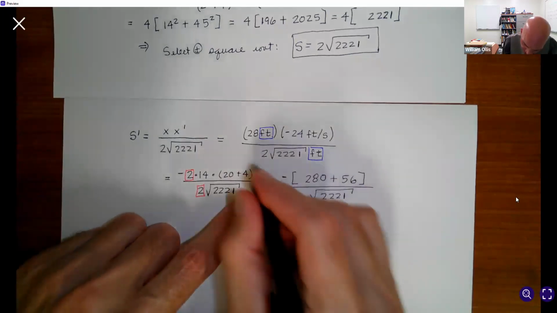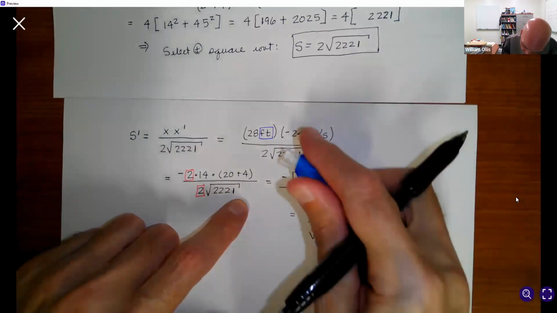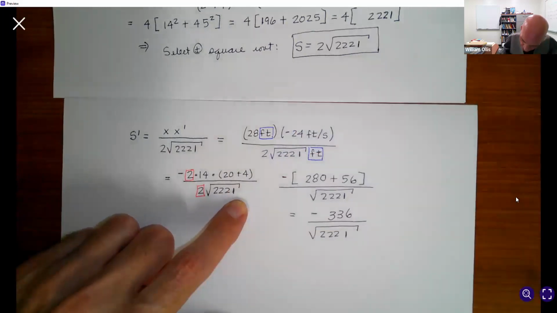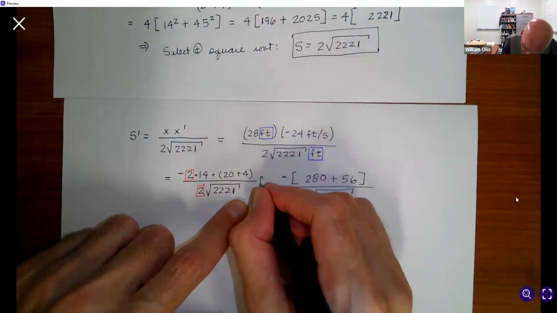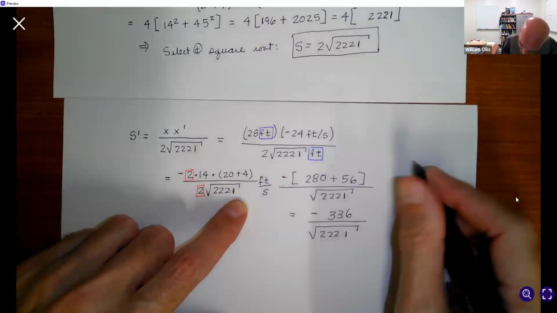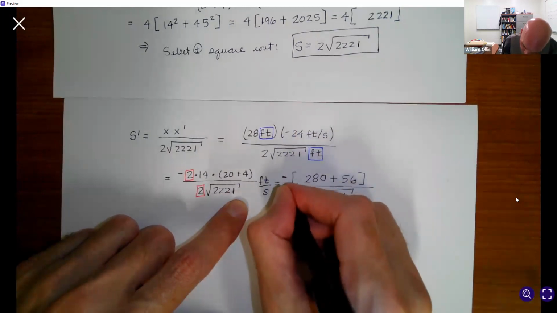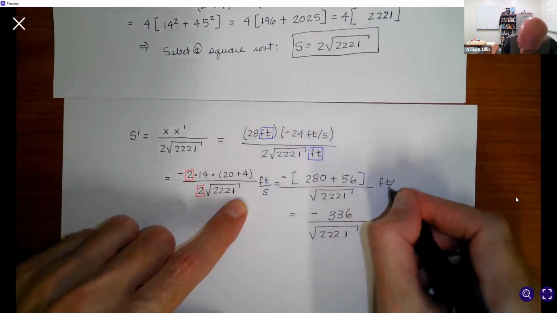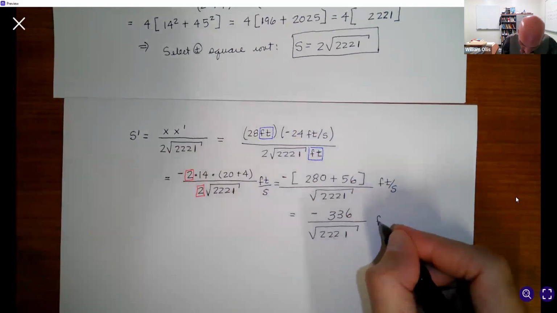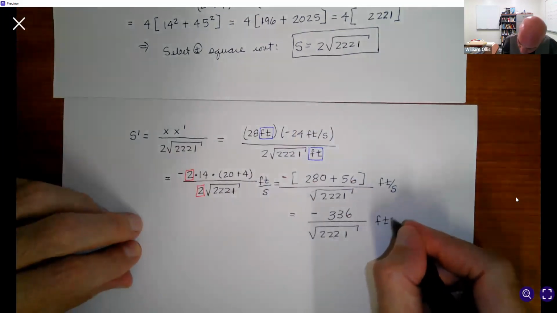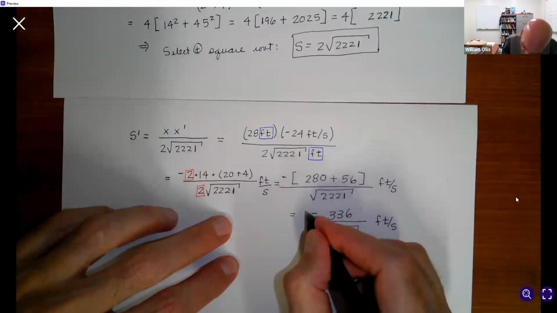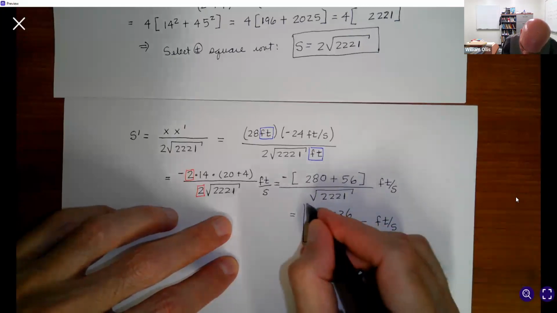And I've been a little bit sloppy here, putting in the feet per second. We should just carry those along since we bothered to compute them. And I make the point about carrying it to the right, and of course I leave it out. So we have feet per second, excuse me, and then feet per second. So now the distance,